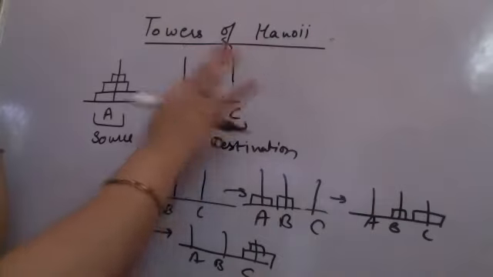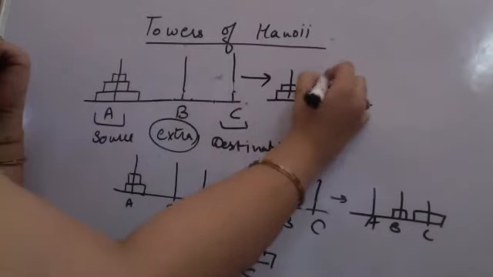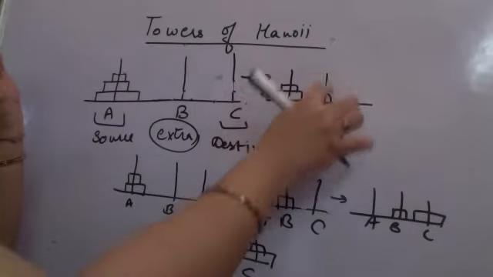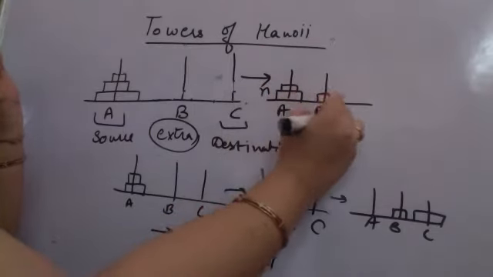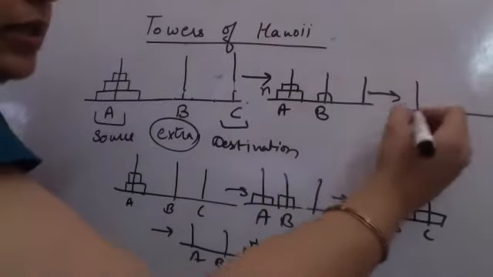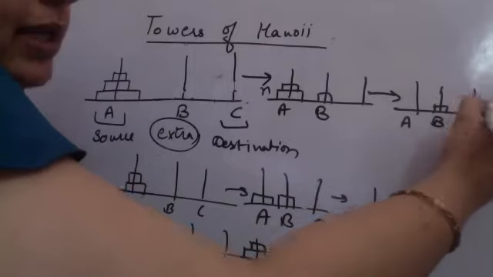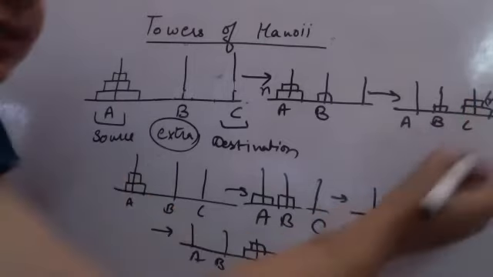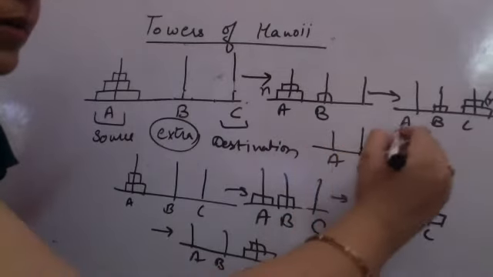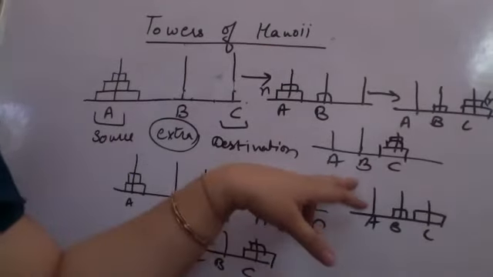So what I want to do is, I am just reducing the size of my problem. सबसे छोटा वाला, अगर ये n disks हैं तो सबसे टॉप मोस्ट डिस्क को हमने एक्स्ट्रा टावर B पे रख दिया वन स्टेप में, और सेकंड स्टेप में what we have done is A को खाली कर दिया, B पे छोटा वाला है, C पे I have shifted n-1 disks. So n-1 disks are at C, and in the final step I have copied the smaller one from B to C back, so that my tower has shifted.